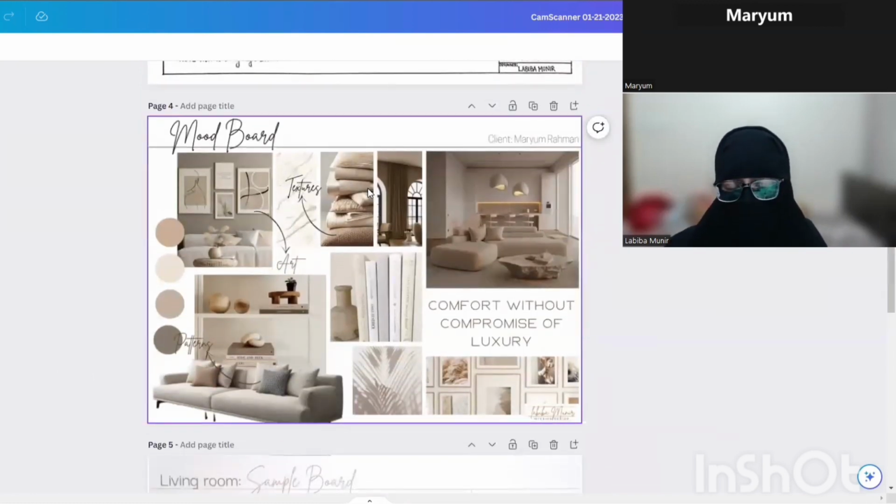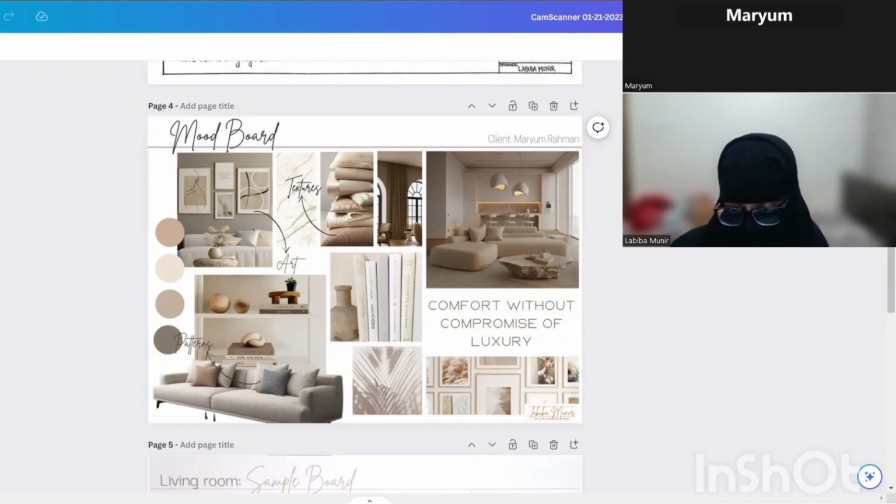So this is an amalgamation of your client brief, of what I thought your brief indicated that you wanted for your room. This doesn't have any of the actual furniture that we're going to be putting in the actual design, but it gives us an idea of the kind of vibe that we can expect in the room. As you can see, everything here is beige because you wanted an all beige space, and because you said